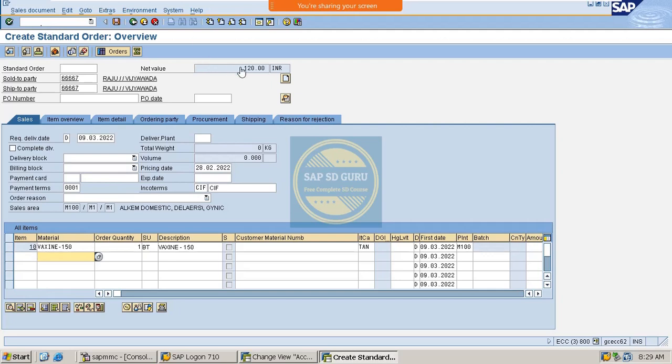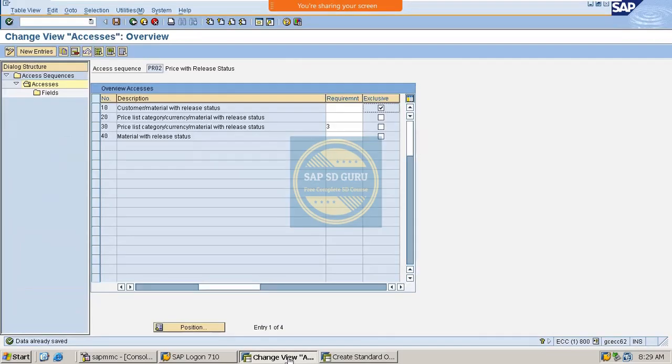It is 120 rupees, right? So now I think you are clear. Okay. Now let me tell you one more thing. See, if the exclusive checkbox is there in the first table,